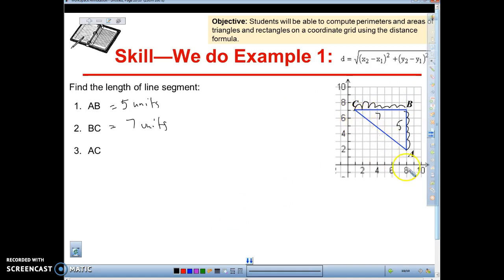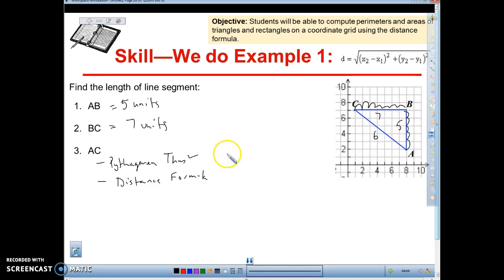Now I want to calculate AC. To do this, we have a couple of tools in our tool belt. We can use the Pythagorean theorem, or we can use the distance formula. A lot of people tend to find the Pythagorean theorem easier, so go ahead and use this, and this is what I'm going to do. So to find AC, and we'll call it little side b,